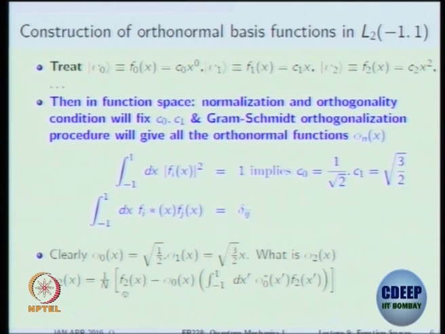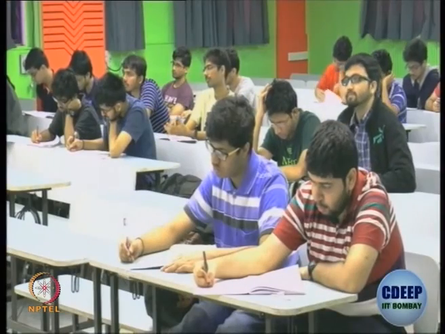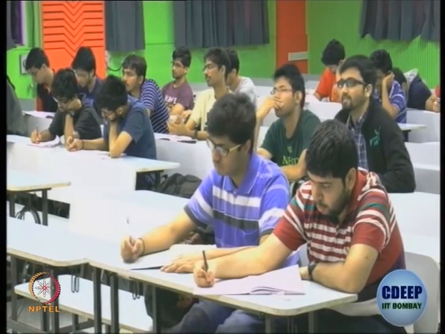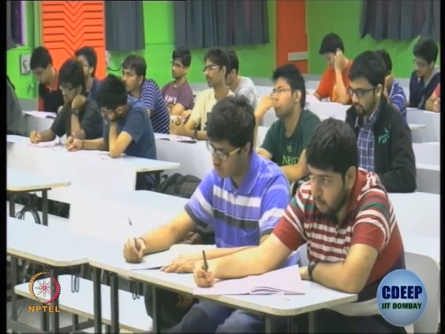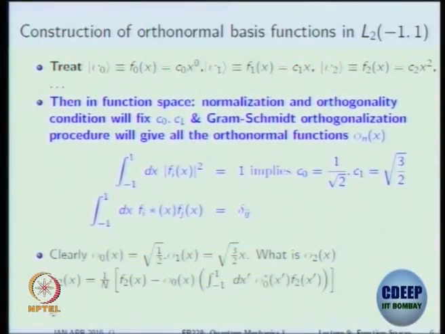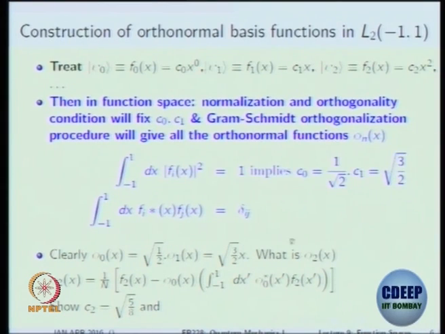Will you do this step? Finally, from this, what is C2? What is phi 2? Both I need to know. Can work it out. Just a straightforward integration to be done. Are you all trying? But please verify or check whether C2 is root 5 by 8